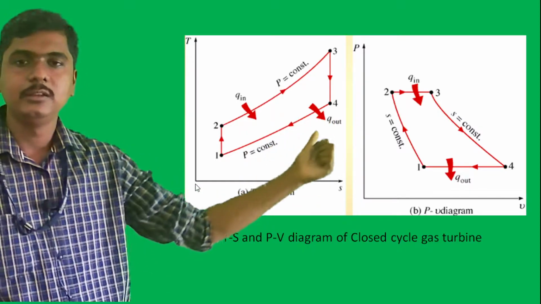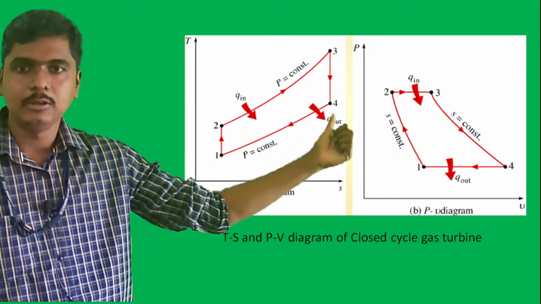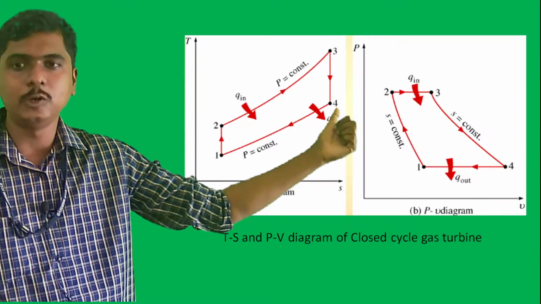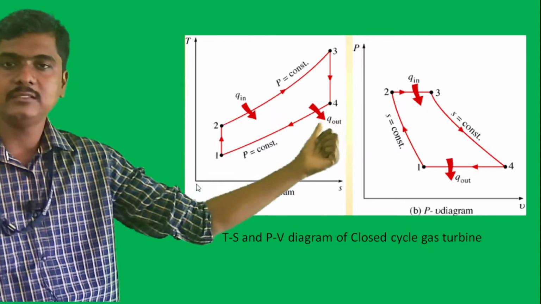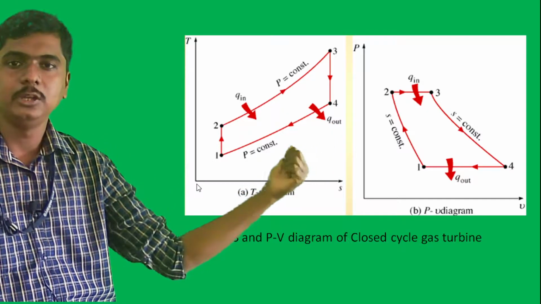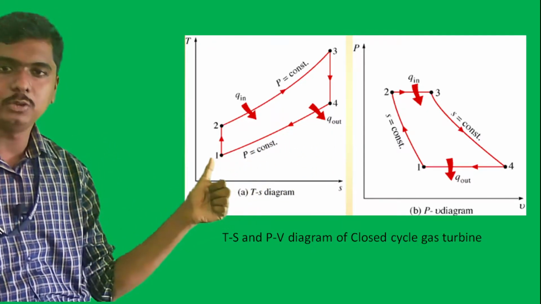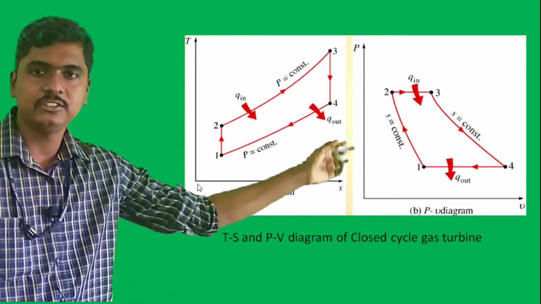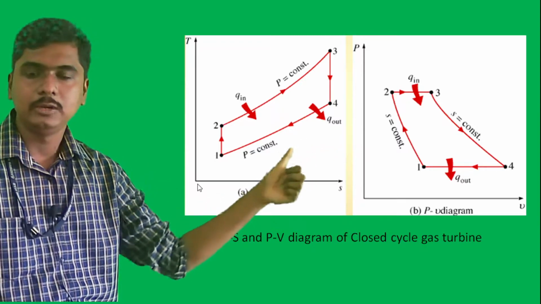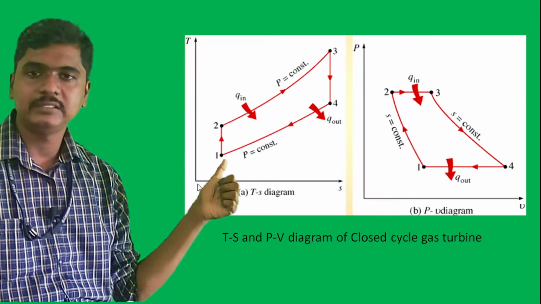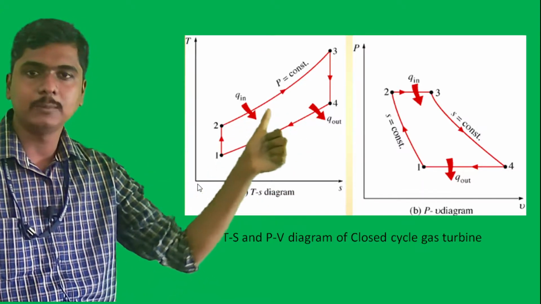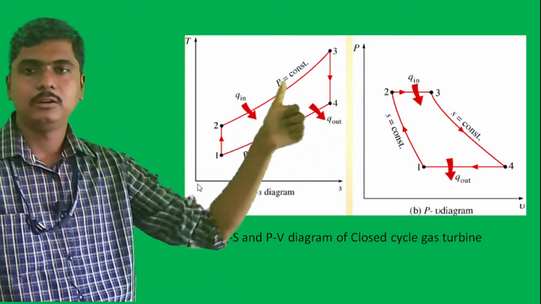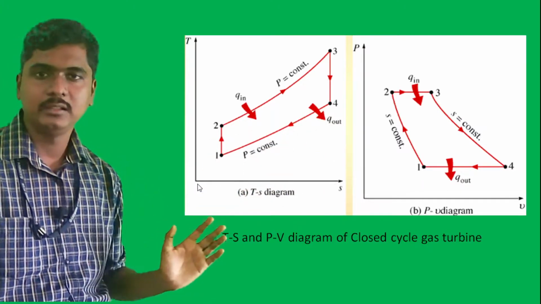What do you mean by this? This is a complete cycle. Whatever exhaust we are getting from the turbine output, the same exhaust gas, after some rejection of heat, we are recirculating to the compressor input. Only the same exhaust gas we are using and supplying to the compressor input. So the same working fluid will circulate again and again throughout the cycle or through different components.